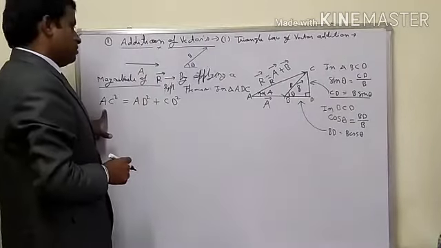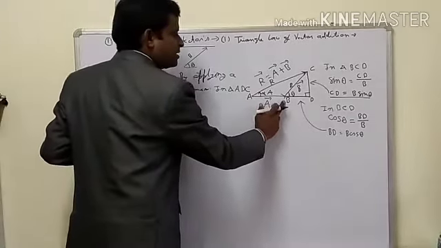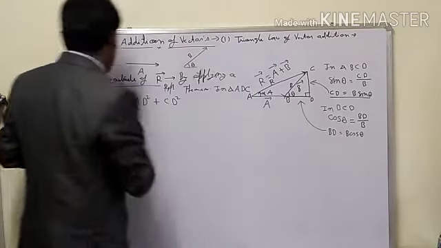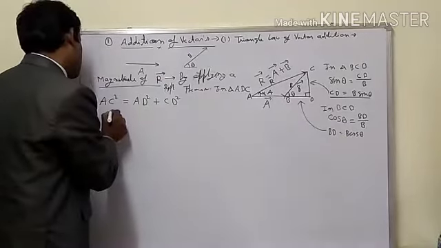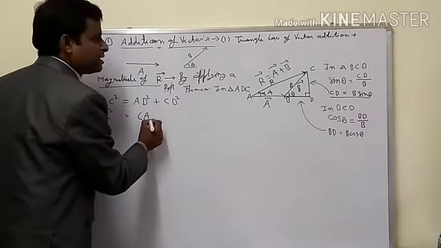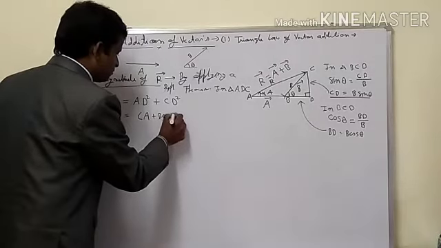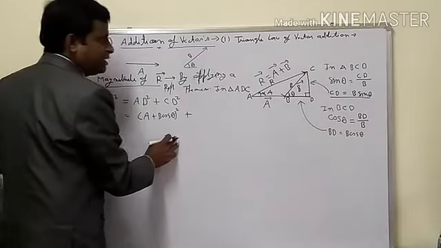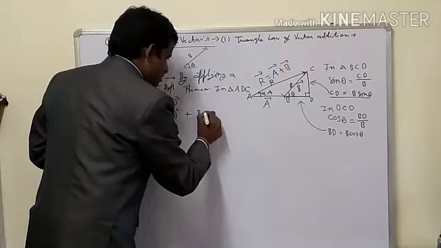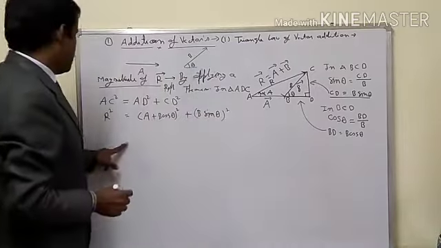Now AD is what? AD is AB plus BD. So AB is A and BD is B cos theta. AC is what? R square. AD is what? As you know, AD is A plus B cos theta whole square. CD is what? CD is B sin theta. So B sin theta whole square. Now